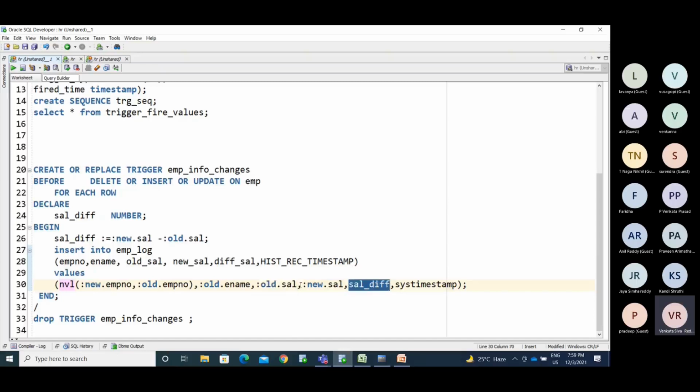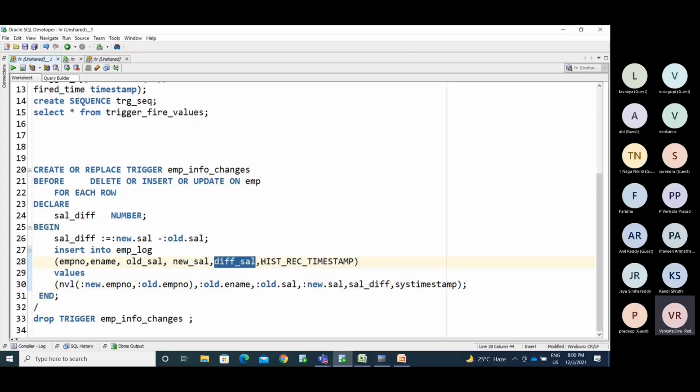The old salary will be stored into the old salary column, and the new salary into the new salary column. Whatever difference we have, you store into the diff underscore salary column as sal underscore difference.